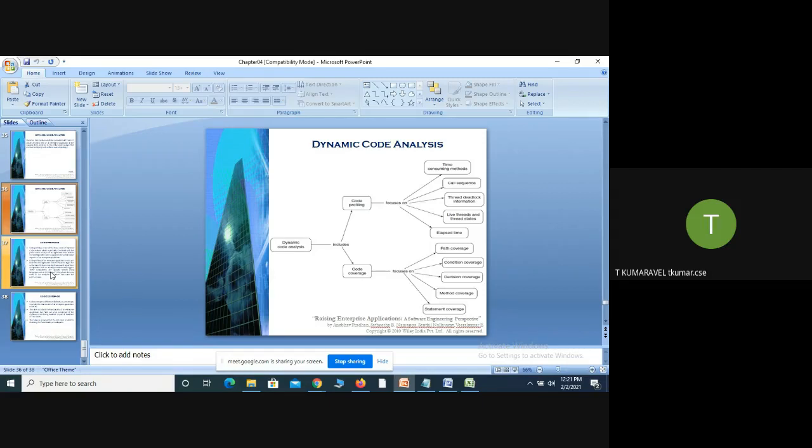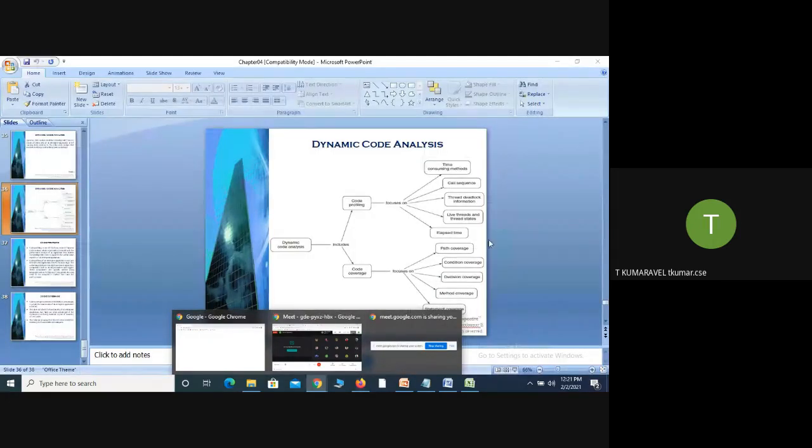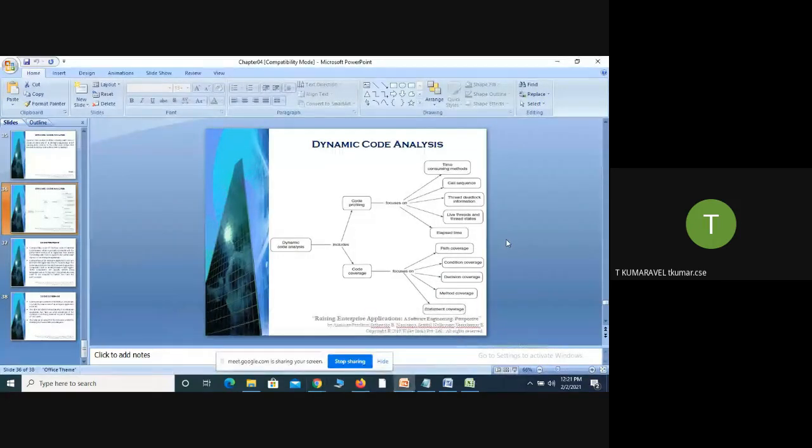Whenever I identify that method name, I transfer the control from the calling method to the called method.